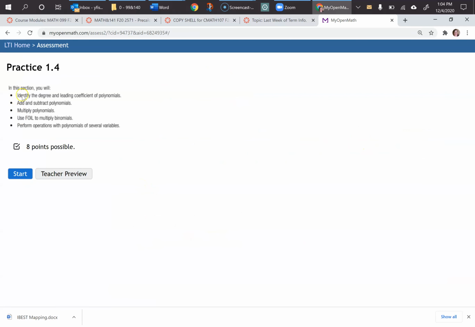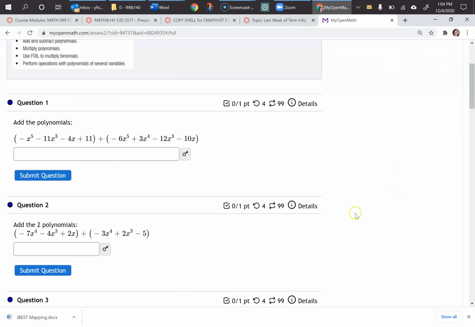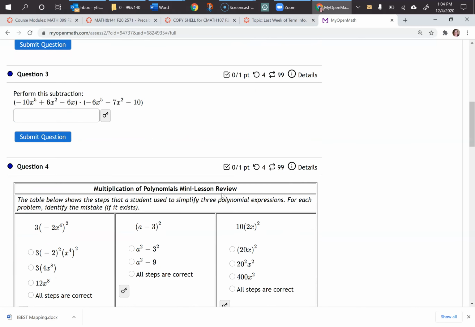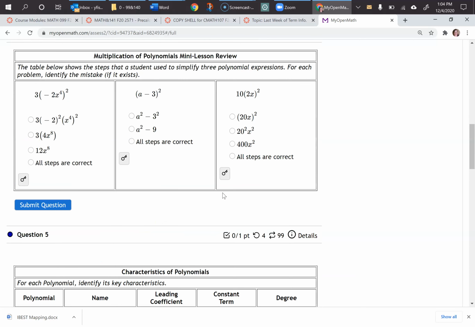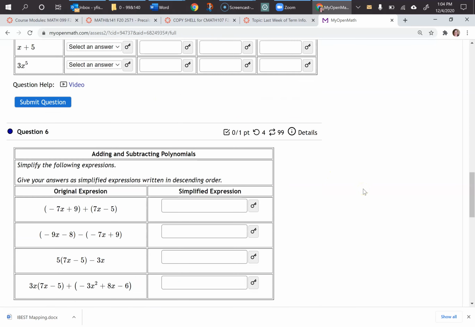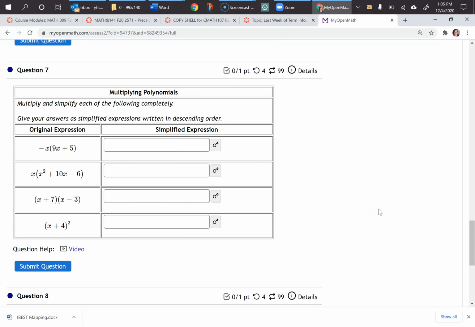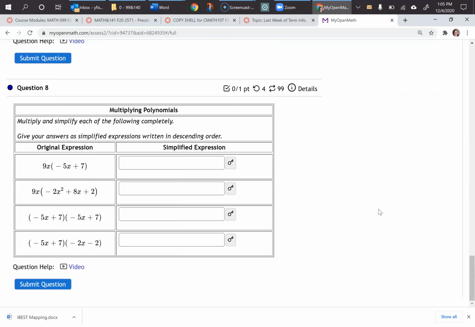Okay, so I'm going to leave the picture there for now. To see what's in this, you can go this route. You can just do the teacher preview, which will just show you all what's in there. Some adding, subtracting, polynomials, a little review. And this is a lot of practice, so you might take some out depending what you want. Okay, and there's some multiplying,